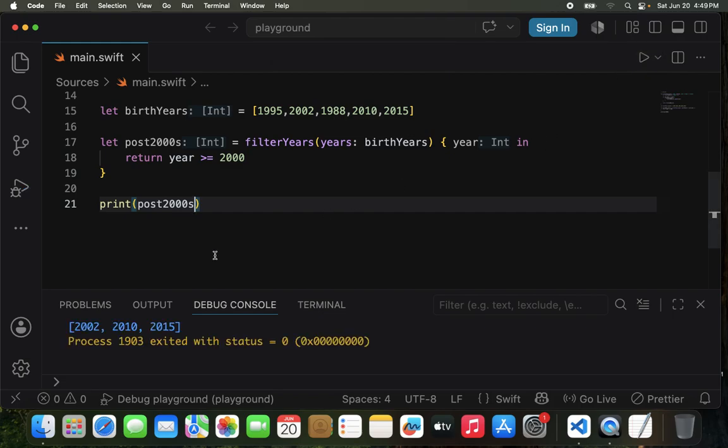Good. So we have our sorted list: 2002, 2010, 2015. I think we've done quite a bit, or maybe we should do one more. Now,